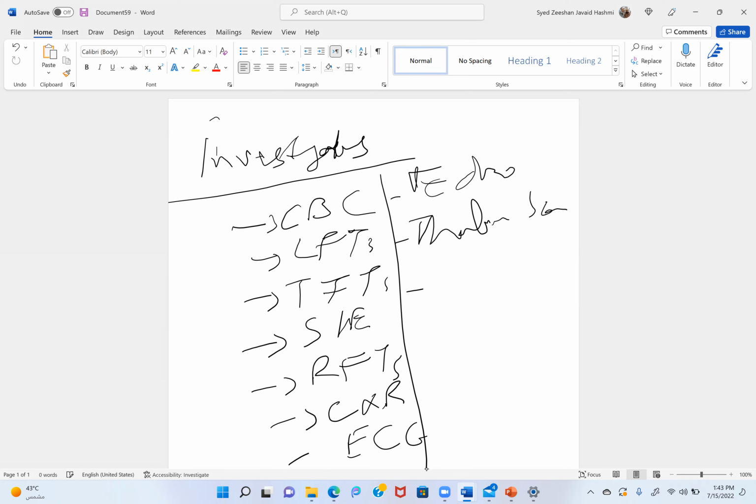Because, for example, if they have given you a scenario of a patient with some cardiac problem, and now they will be telling you some data and asking what investigation you will be ordering. If you don't know the rationale of doing echo or doing thallium scan, in which patient you will do thallium scan, in which patient you will do echo, in which patient you will send the patient for angiography,